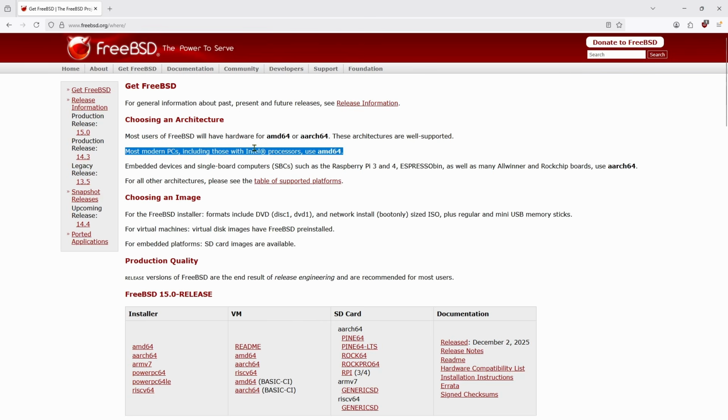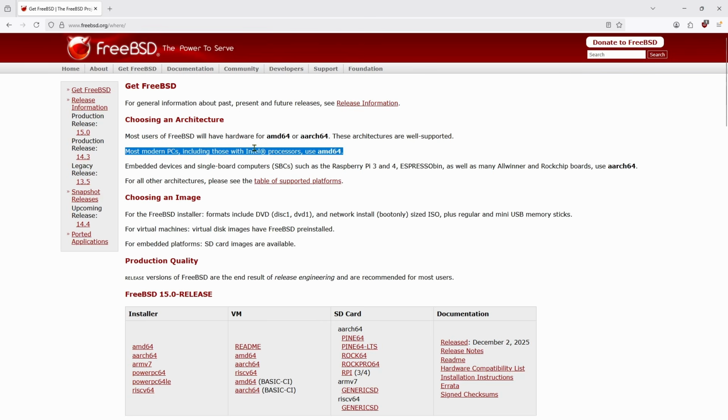Intel. FreeBSD 15.0 is the first version that has dropped support for most 32-bit systems, just like popular Linux distributions like Debian, Fedora, and even Windows 11 have already done for similar reasons of diminishing popularity. And as a result, FreeBSD 15 is not available for ARM version 6, 32-bit x86 CPUs, aka i386, or 32-bit